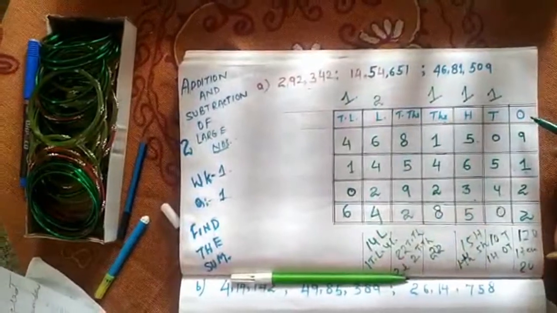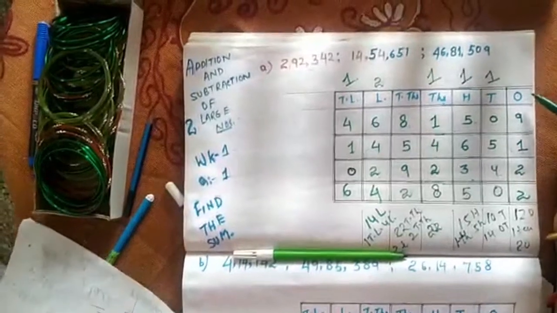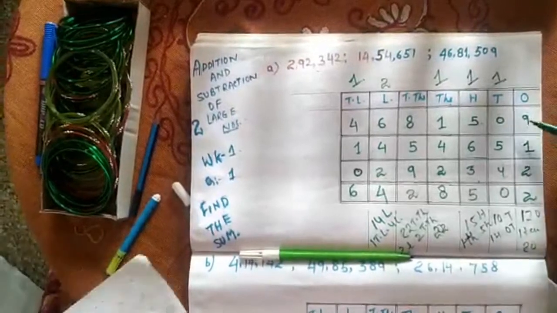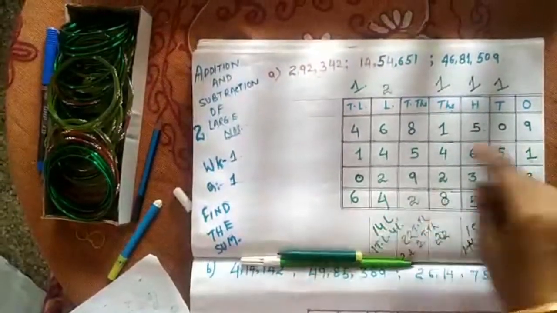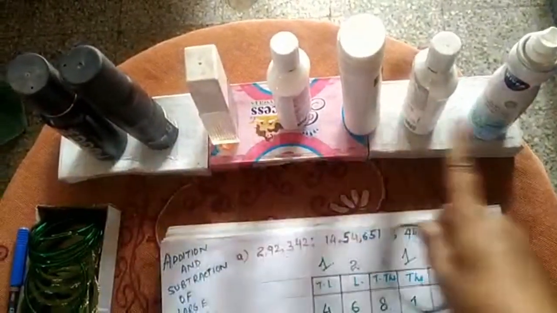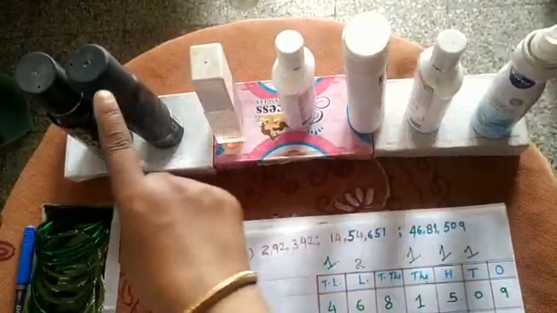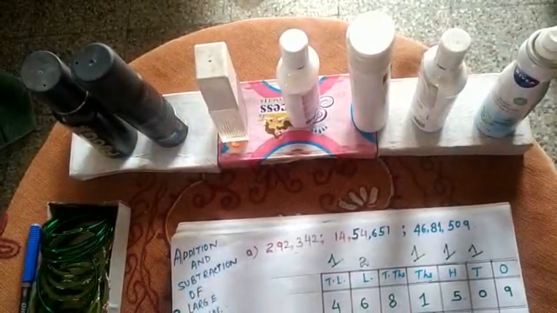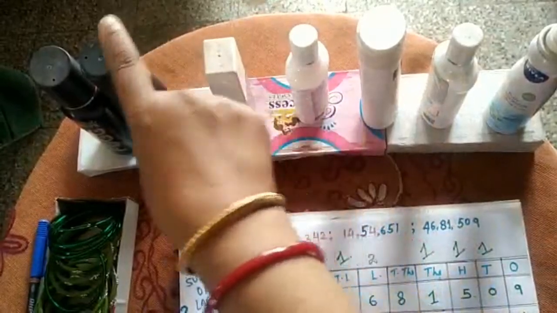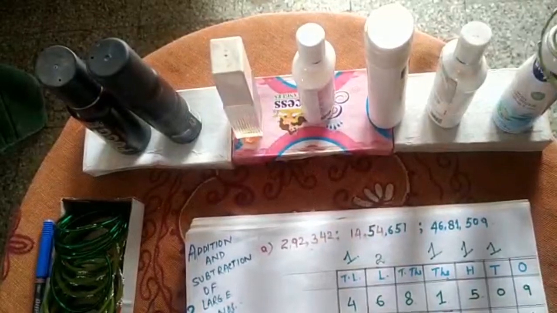Now, according to the rule of addition, we always start from the extreme right side with the smallest place value. So we start with the ones place value, which holds the 3 digits, 9 ones. I am showing this addition with the help of an abacus, children. Each rod of this abacus represents a place value of the place value chart: this one represents the ones, this is tens, hundreds, thousands, 10,000, lakhs, 10 lakhs. So it is a model of the abacus, and let's start with its help.